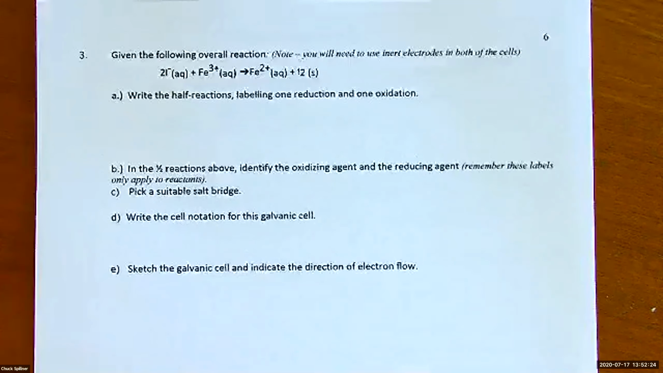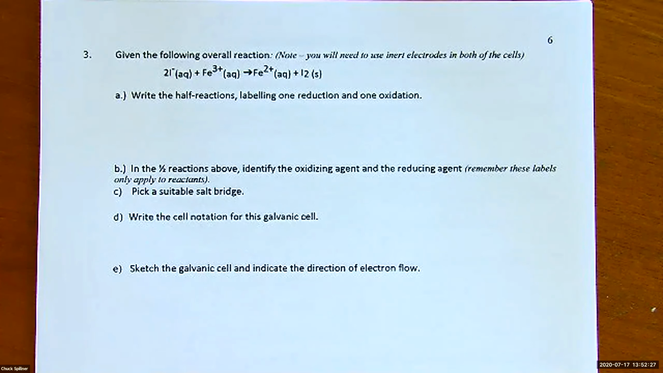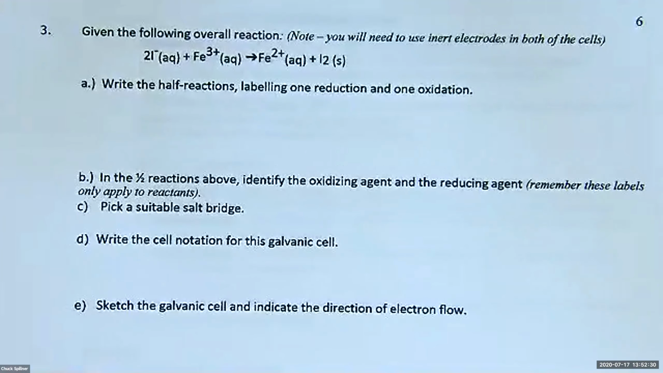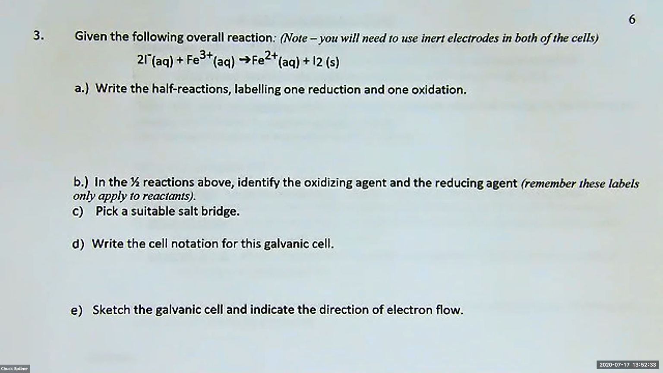is a different reaction. And this reaction has a little note here to help you write it. If you notice this reaction, there are no metals involved. So you have iron 3+ going to iron 2+, so that's reduction. And you have iodide ion going to iodine, elemental iodine. And iodine's not a metal, so you can't make an electrode out of that. So there's a little note here that says, in this case, you're going to need to use inert electrodes in